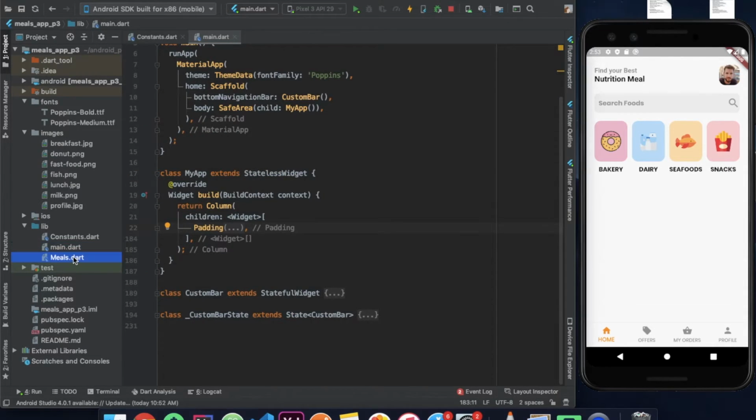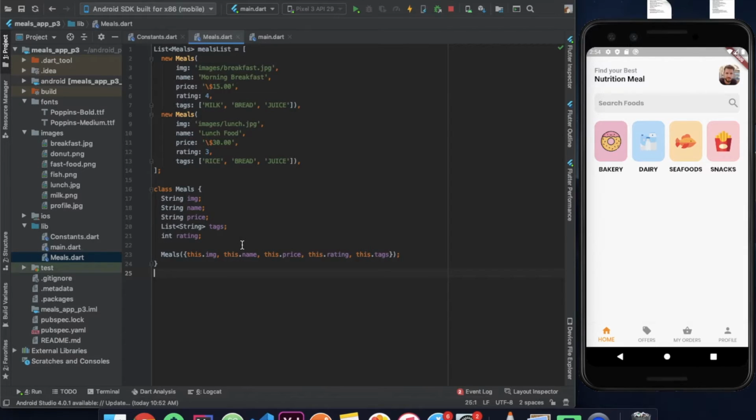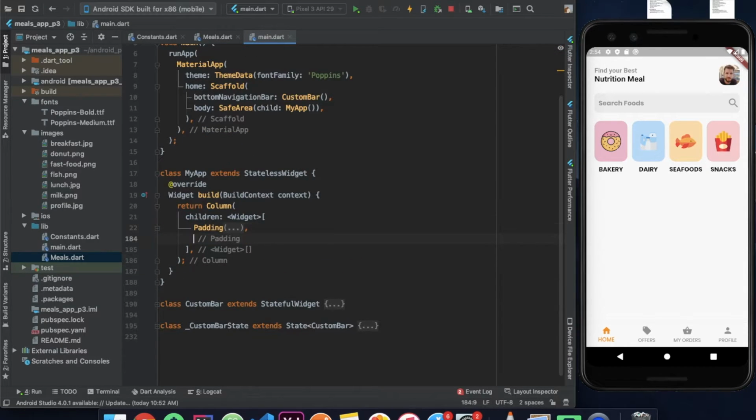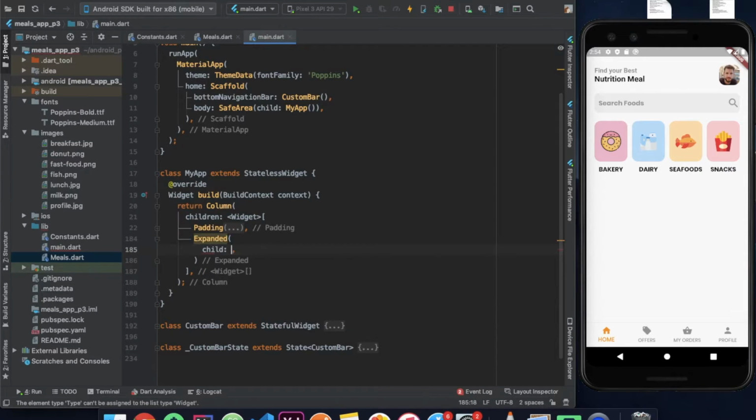So before we continue, let's look at the meals class. The meals class has a string image, a string name, and another string price, then a list of string called tags, and finally an integer rating. And in the meals list we have 2 objects of meals. So going back, the next child of our column is going to be an expanded widget which is going to have a child which is going to be a list view